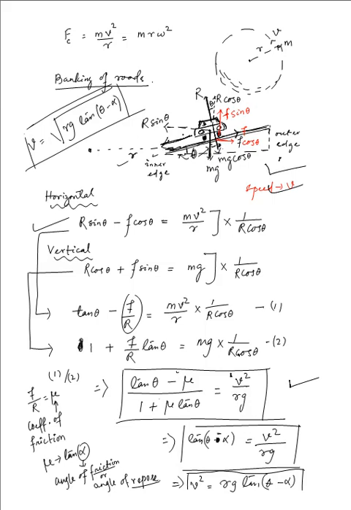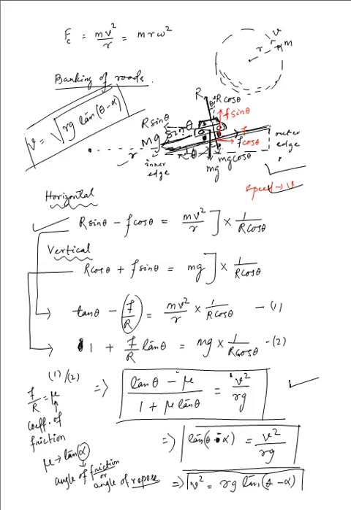With V less than V0, you have the mg sin theta component taking over, and that may topple the vehicle due to that component of the weight which is acting along the downward direction,